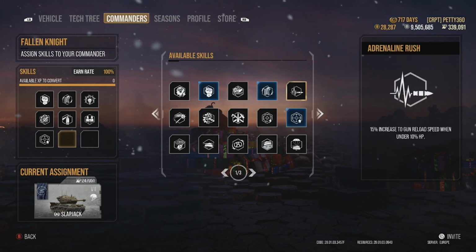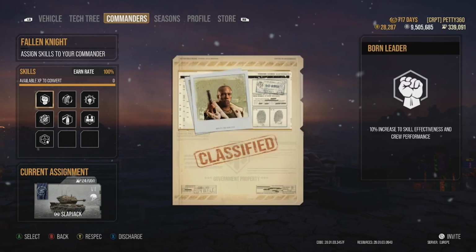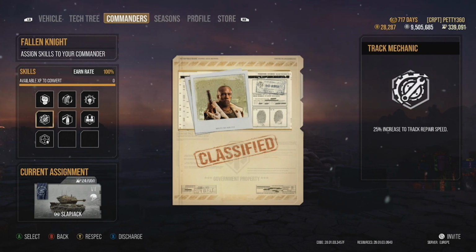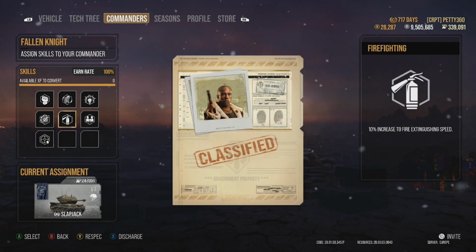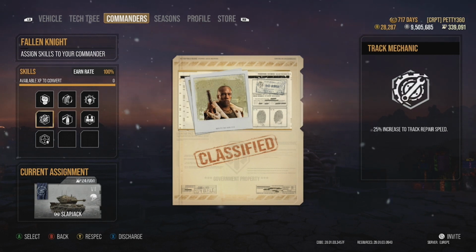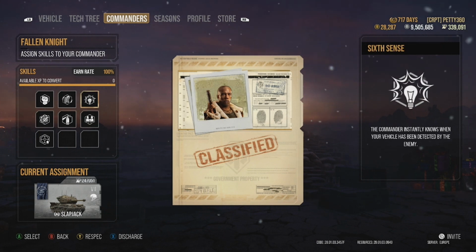Always. So at this point, I would say the 6 perks that you are always going to take on a tank are Born Leader, Rapid Loading, Sixth Sense, Track Mechanic, Situational Awareness, and Steady Aim. And if you're going to run food, Firefighting is probably a must too. So if you're running food, like I do on pretty much all my tanks, this is 7 perk slots that are gone already. And then you only have